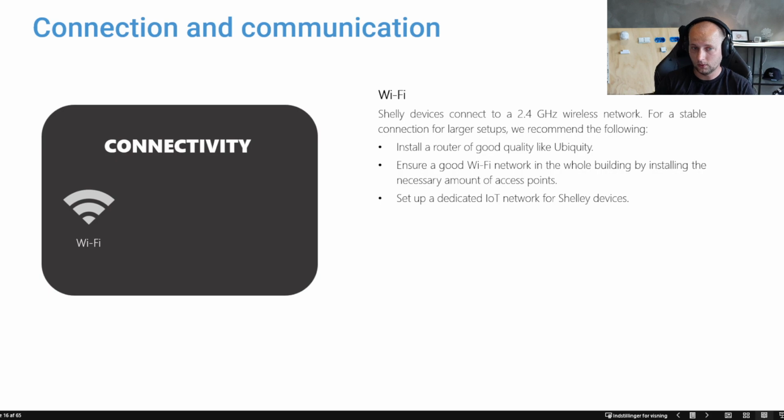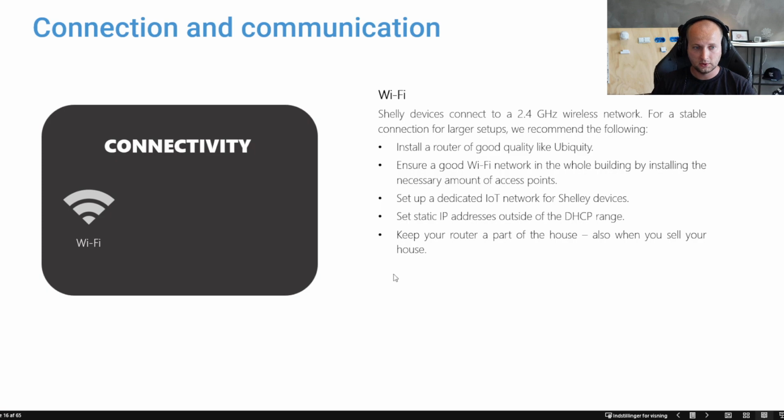It's easy to control because of all this. I've also at the same time set up static IP addresses outside of the DHCP range, because then it's so easy to control your devices. It also makes it easier when you do these local webhook requests or automations. This is something I will go more into in the advanced session. Also, how to set the fixed IP addresses and how to set up a dedicated IoT network. I'll not show you this today, but I'll show you in the advanced session.